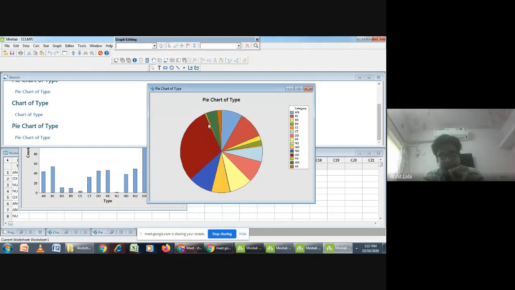Least is somewhere here and maximum is our OX. But here we need to work harder. Like we need to see the OX is the red part and it has the maximum value. So if the categories are less, then a pie chart is feasible. Otherwise, you need to